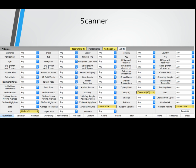This is literally probably the only one I use 99% of the time. Oversold 40, so plays are usually at supports or right near them, maybe 2 to 5% higher than the support, so little downside. Current volume usually under 100K, average volume usually under 100K. The explosive plays, which brings small floats usually too. Even large floats, these can move because of the average volume, the supply and demand, when there's big buys or